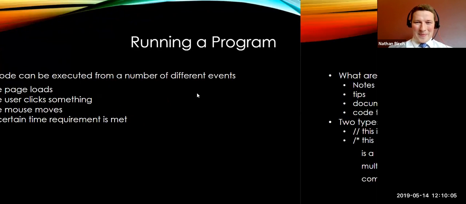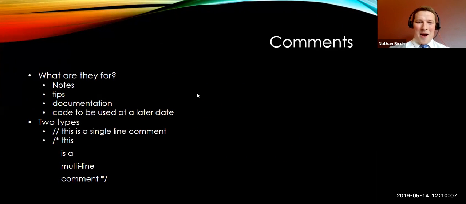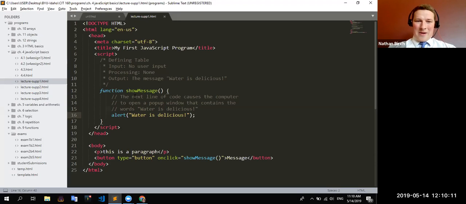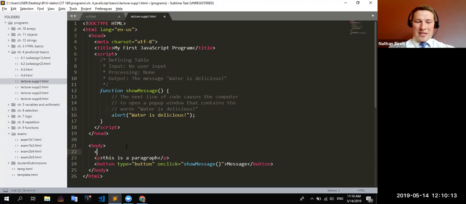Okay. All right, so comments. So last week, let me go back to this program right here. Last week, I showed you guys how to do a comment like this, and you might have seen something like this on your quiz. So this is how you do a comment in HTML. It's kind of funny. You have an opening bracket or a lesser than sign and a greater than sign to close this tag, if you will.